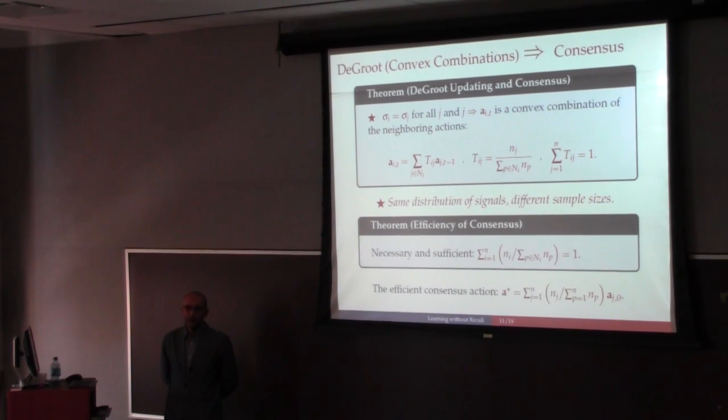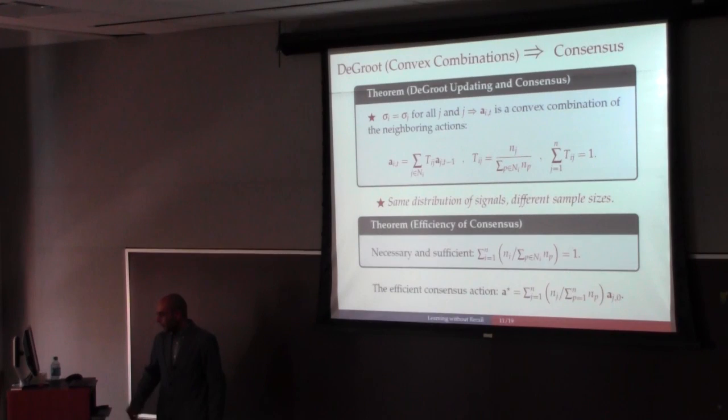Now the question is: is this consensus action the best action given the initial observations of all agents? If it was, then it means that by interacting with each other, following these Bayesian heuristics, they have been able to come up with an action that best describes everybody's information. But this actually is rarely true. The necessary and sufficient conditions for a consensus to be efficient or to be optimal under these circumstances involve very strict conditions on the structure of the network.